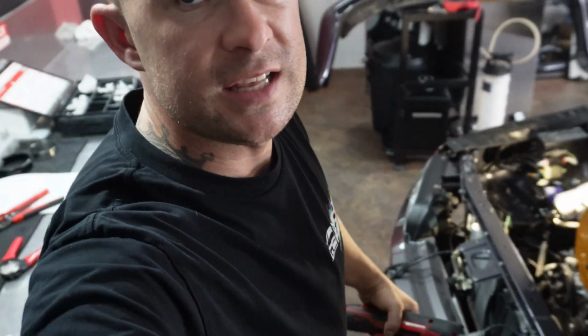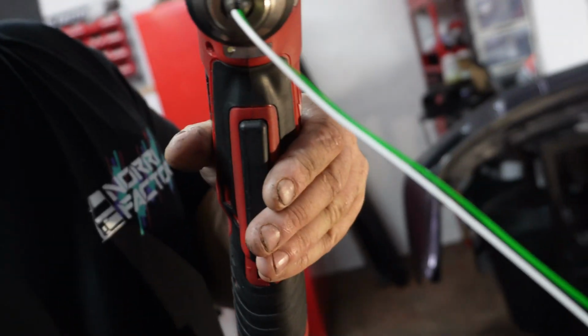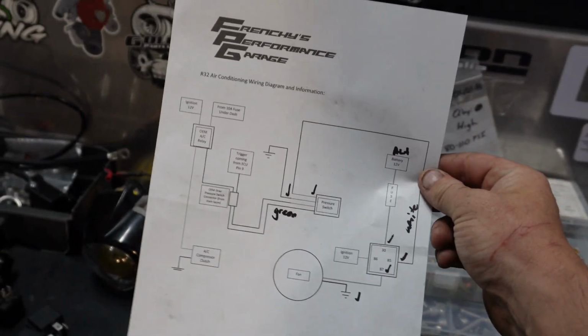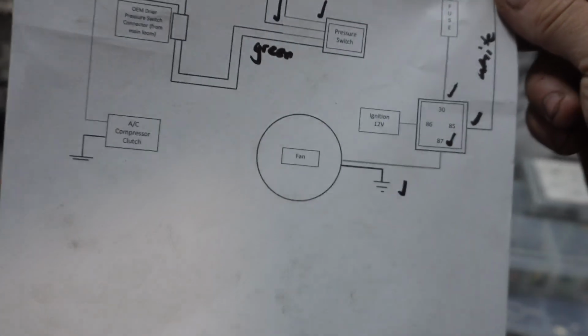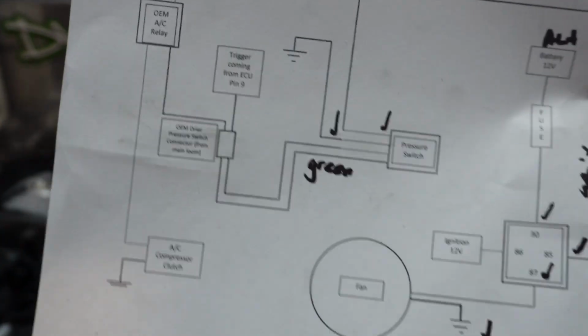I'm also, over the last few hours, I have just been doing the air conditioning wiring. Of course the air conditioning is all set up. I've got all the new hoses in, the new fan and everything's in, condenser is in. I'm just doing the wiring, as you can see right here. So this is the Frenchie's Performance Garage AC kit, but if you print this out off his website, Frenchie's Performance Garage has it all there for you, and it's very, very